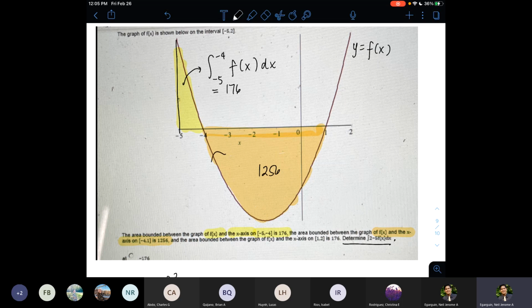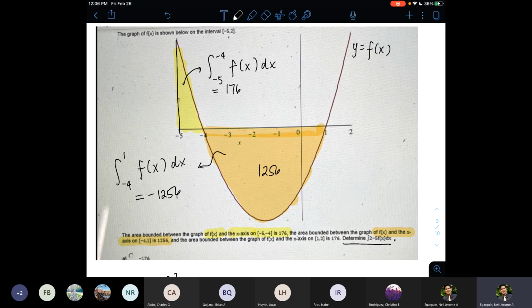So that tells us that the integral from -4 to 1 of f is not equal to 1256. That's the area, but the area is always in absolute value. Integrals are measured as directed areas. So since the region from -4 to 1 entirely lies below the x-axis, this integral is -1256,